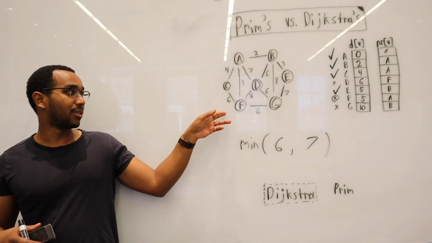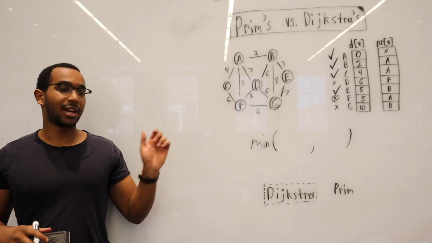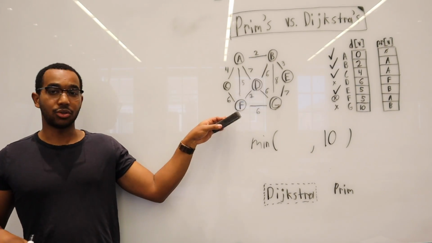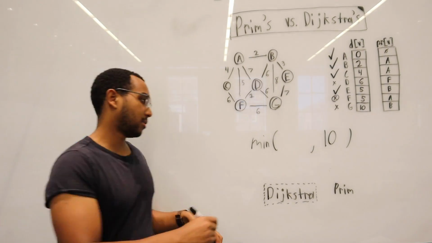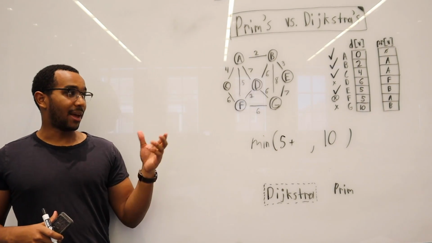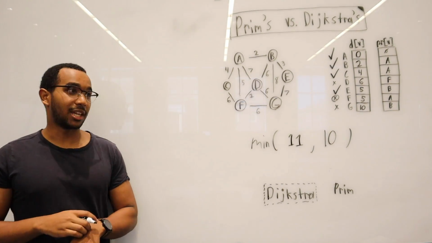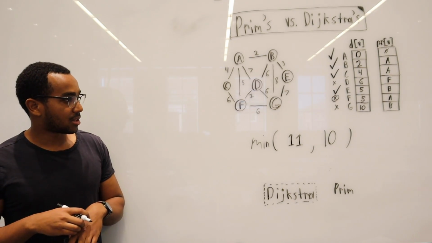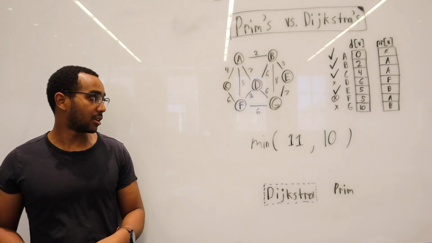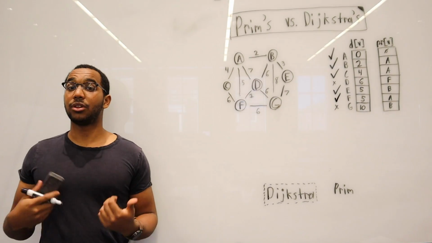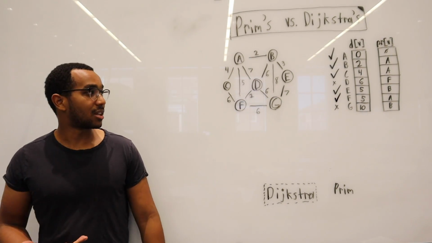And now let's try to improve the path to G. So the upper bound of G right now is 10, and the best we can do to get to F is going to be 5. So if we go through the edge from F to G, it's 6. So 5 plus 6 is 11. So ultimately that doesn't improve anything. That does not allow us to get to G any faster. So we're finished processing F, and now the lowest cost vertex that has not been visited is going to be